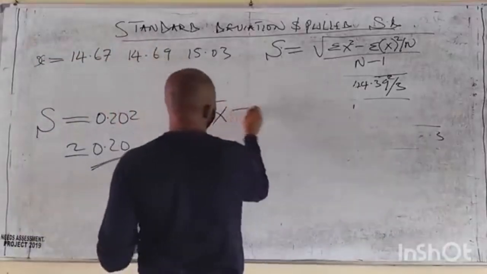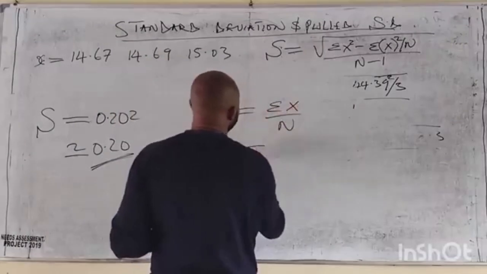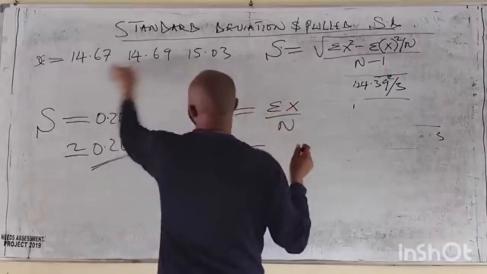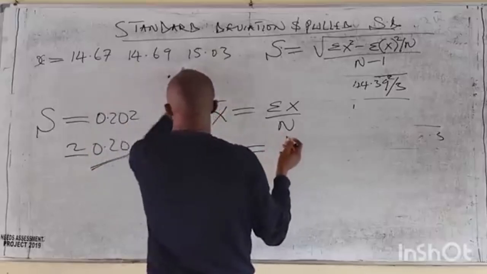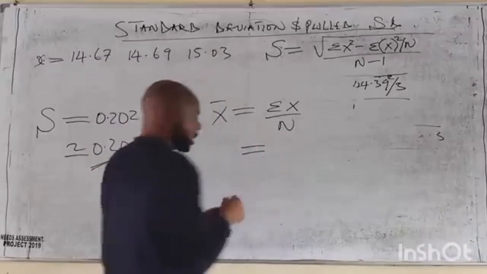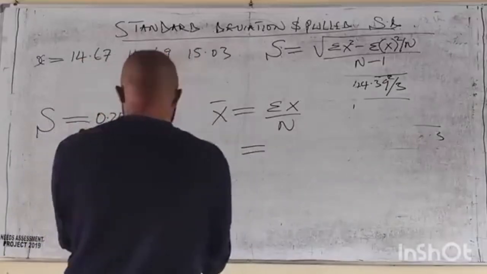Mean, S bar, is equal to the summation of x over n. The summation of x means I add all of these variables of x, divided by n, the number of degrees of freedom, which is 3. So I have to add that again, which is 14.67